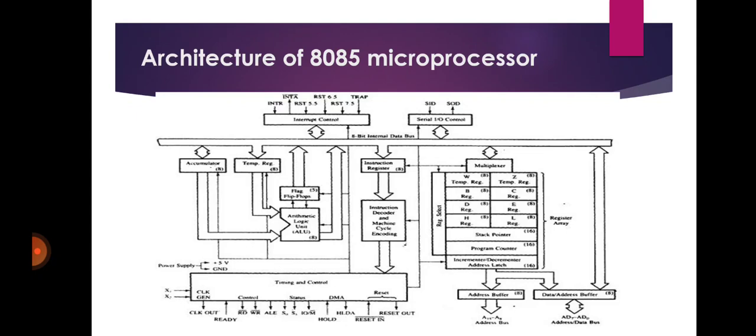So we are going to see how it works. Whenever an operation is performed, the flags change according to the result. For the sign flag, if the D7 bit is 1, I mean it is set,